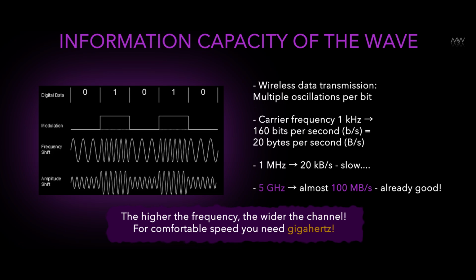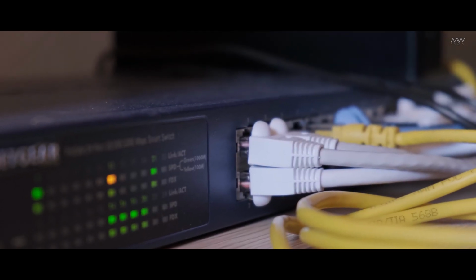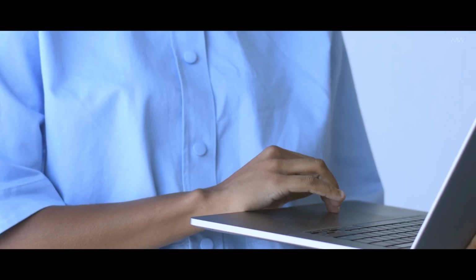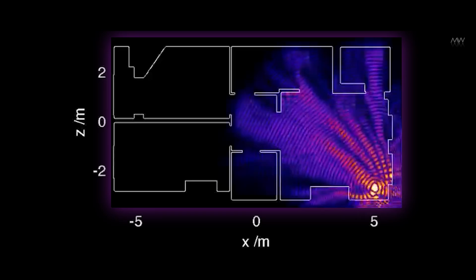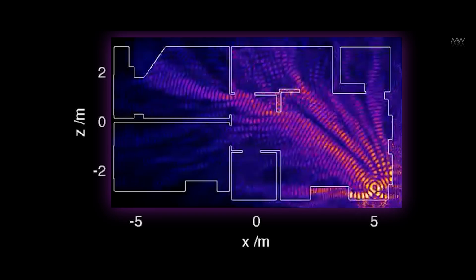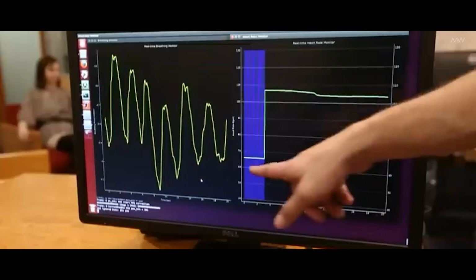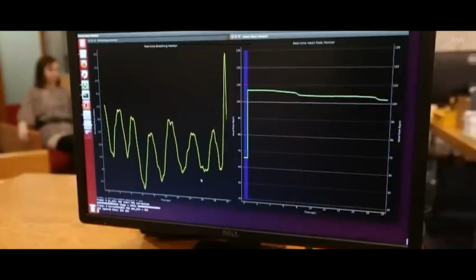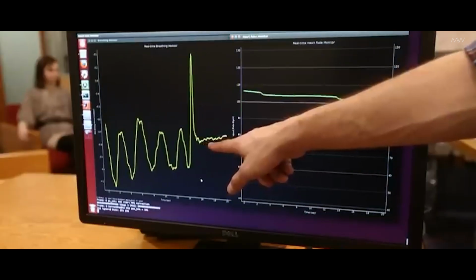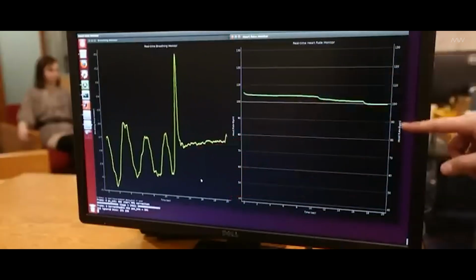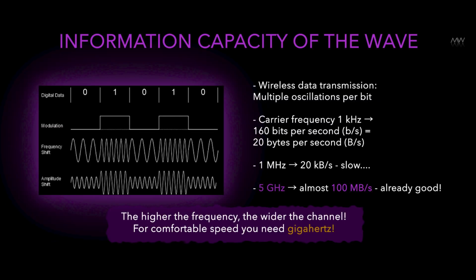Perhaps the last point in this story is, maybe a little bit unusually, how this assessment of frequency and time relates to the internet, to the speed we're used to. Here's a look. Suppose you have a Wi-Fi router. It's transmitting data from a cable to your computer wirelessly. So it emits some kind of radio wave with a certain frequency, and this wave is caught by your receiver and receives information. What is that wave? If it's just a boring wave like that, you're not going to transmit any information. In order to transmit information, you need to change this wave a little bit periodically, modulate it. You can modulate it in different ways.